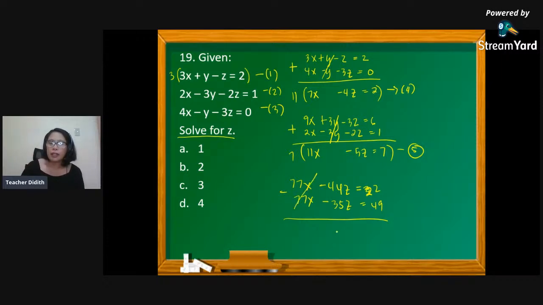So this is cancelled. Now take note that this is subtraction. So this becomes positive, this becomes negative, and this is addition. That's why this was cancelled. So this is negative 44 plus 35. So that is really 44 minus 35, but the sign should be negative. And it's negative 9z